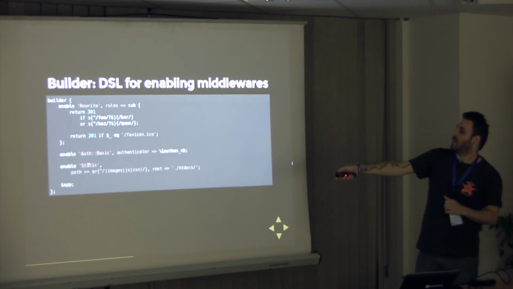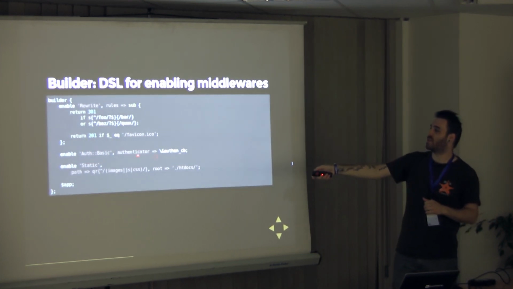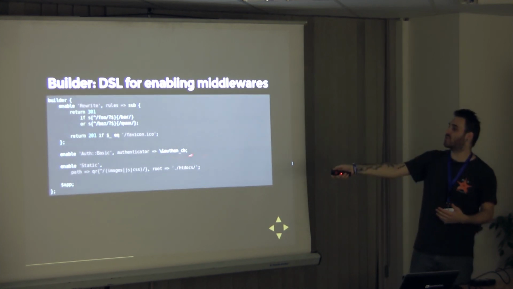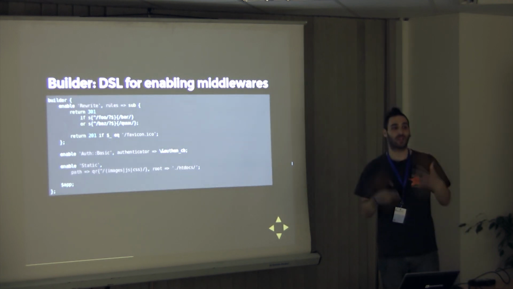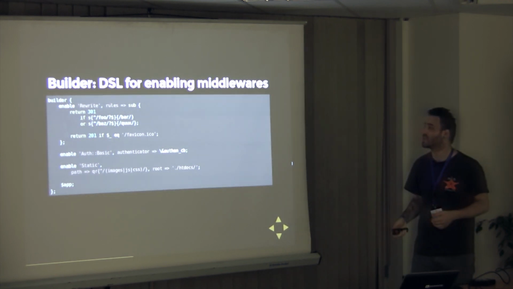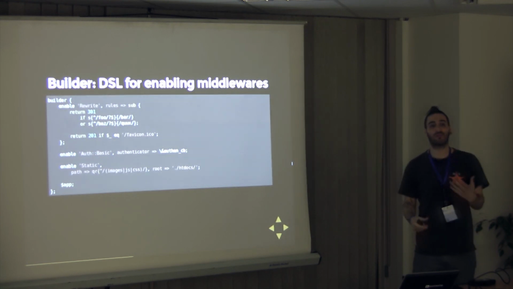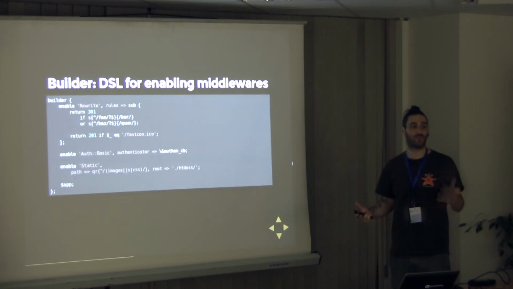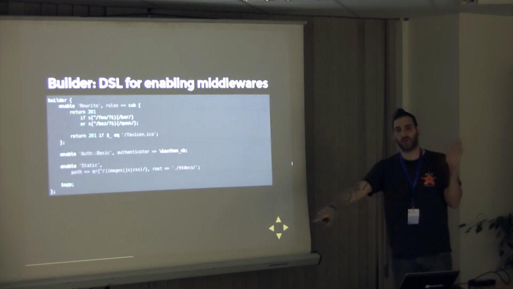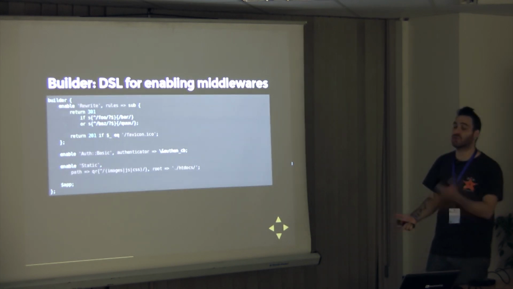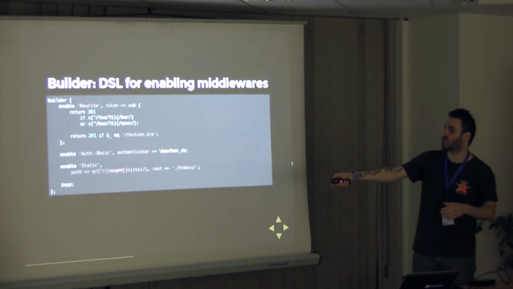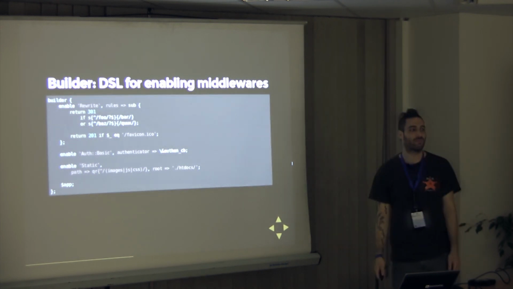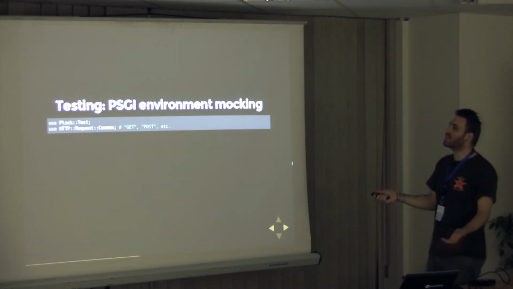Just examples. Auth basic will get authenticator as an option, and you send it to, this is a subroutine reference, so basically send it to this piece of code that will actually try to authenticate a user. Really nice. This is an example for static. There's a middleware for serving static files. So it doesn't go all the way to your application, because the more you go in, the slower it will be. So this actually serves it even before. It says, if anyone asks for /images, /js, or /css, serve a static file from htdocs. That's it. Very nice.